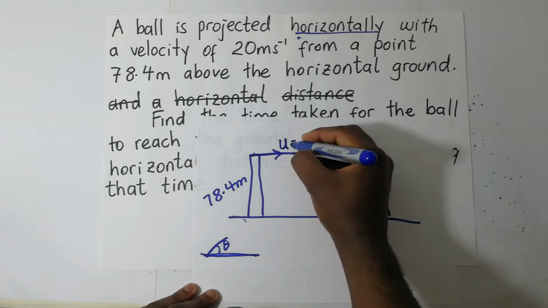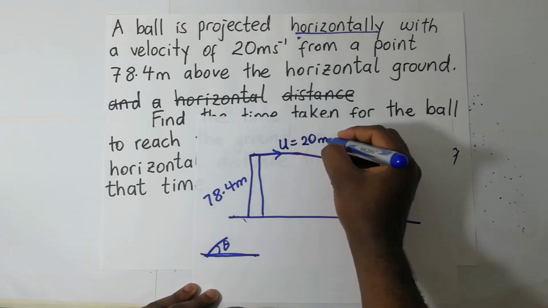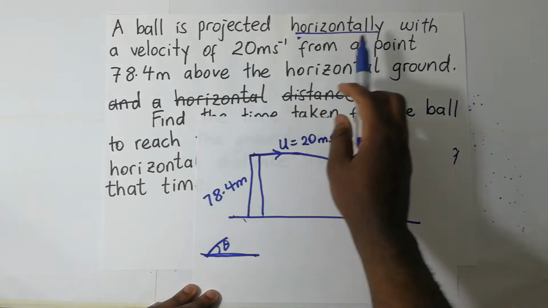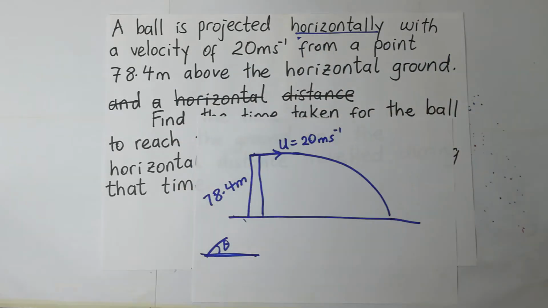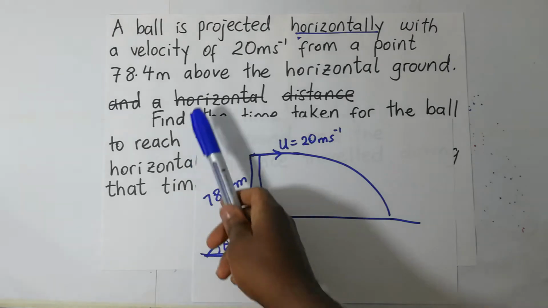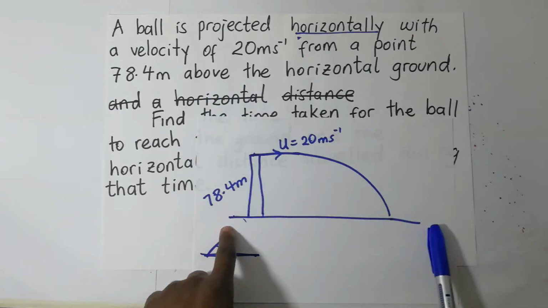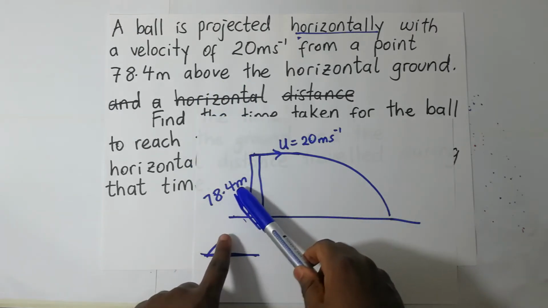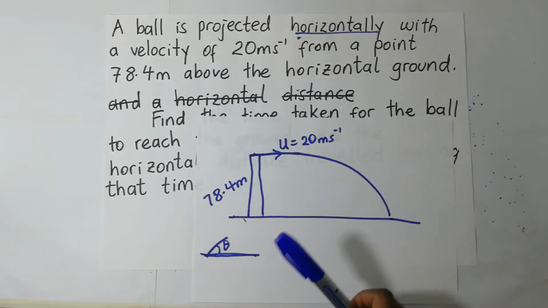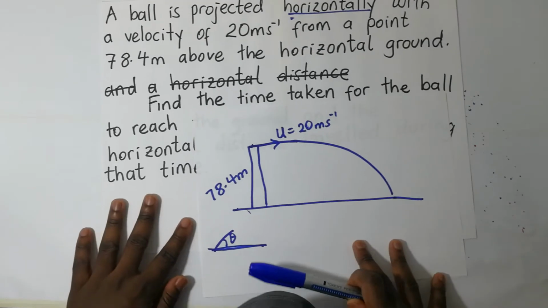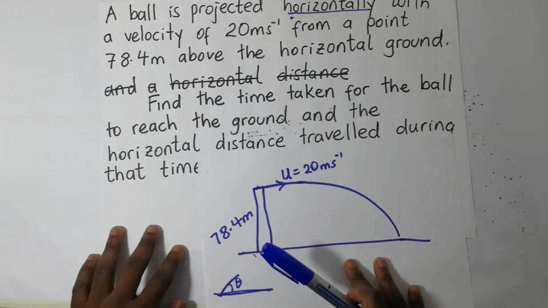So the velocity here is 20 meters per second. It's being projected horizontally with a velocity of 20 meters per second from a point 78.4 meters above the horizontal ground. This is our horizontal ground, and we are looking at 78.4 meters above it. So we are being told to find, first of all, the time taken for the ball to reach the ground